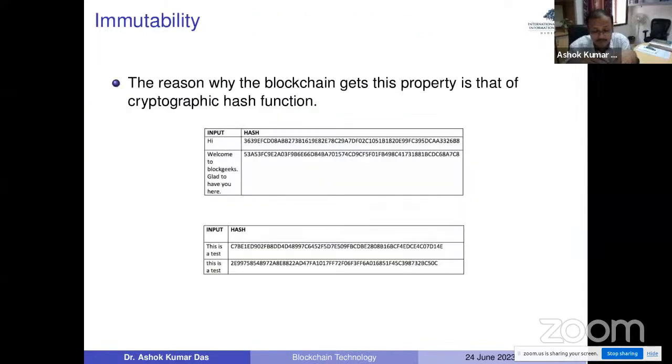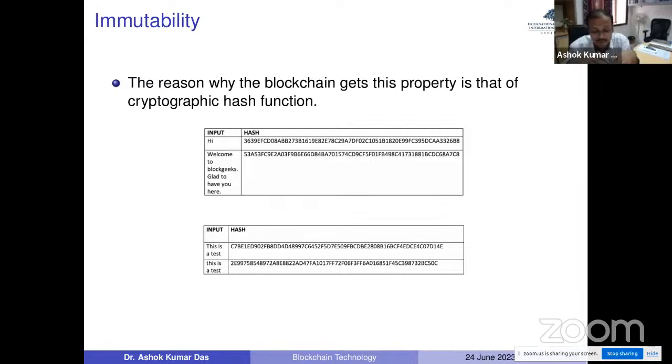One of the reasons blockchain has gained so much popularity is the cryptographic hash functions. As we look at the definition, a cryptographic hash function is treated as a many-to-one function, meaning there could be many inputs that map to the same output, which is known as the hash value, hash digest, or message digest. There are many inputs for which we can have the same output.